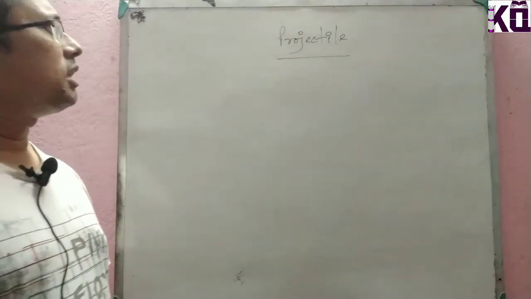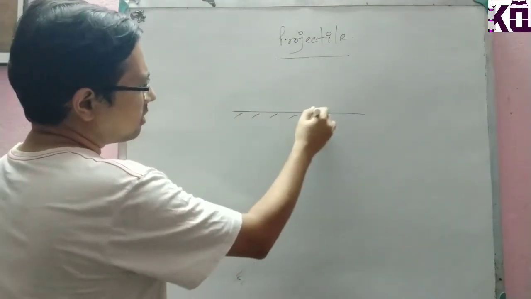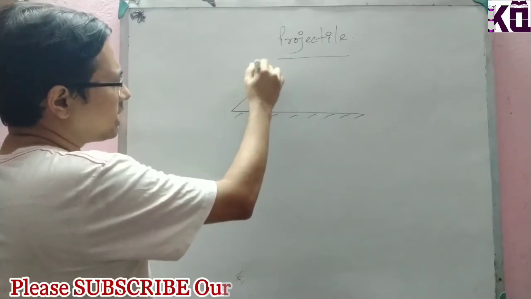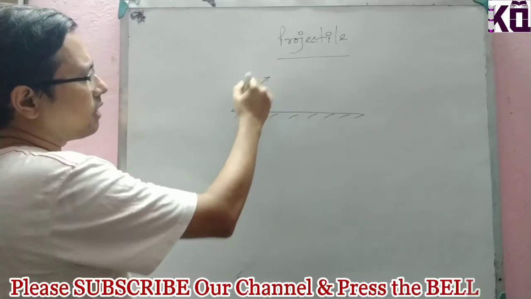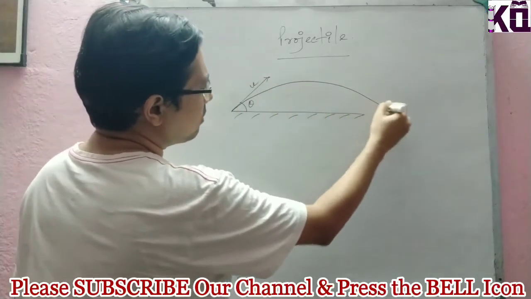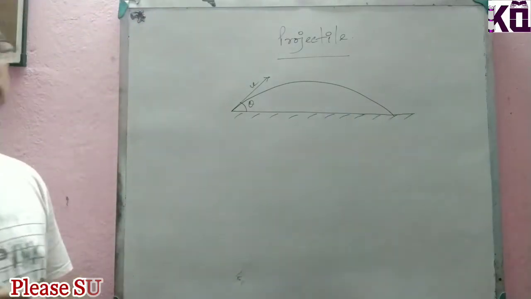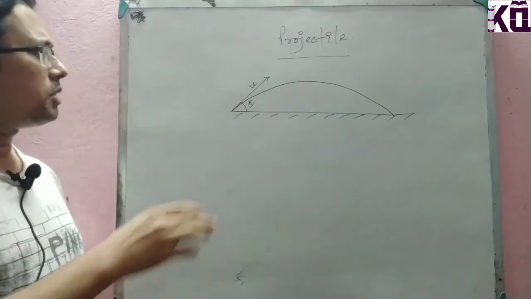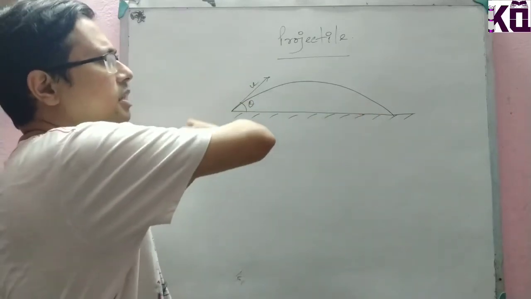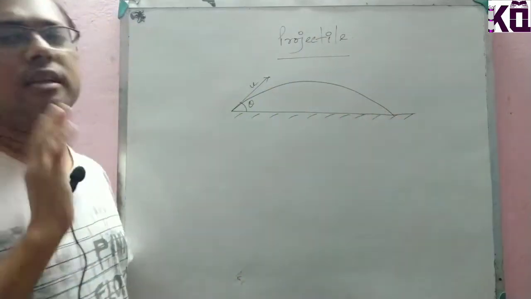Okay, so in case of projectile, say the basic thing is that this one is the ground. I am projecting one object with initial velocity u making an angle theta, so ultimately it will be projected like this. That means this is the kind of projectile motion. When we are projecting one object with an angle theta with the ground, it moves in a particular direction and then finally it strikes the ground again.